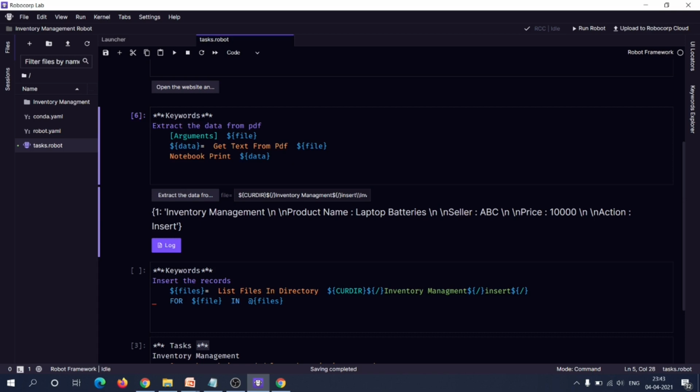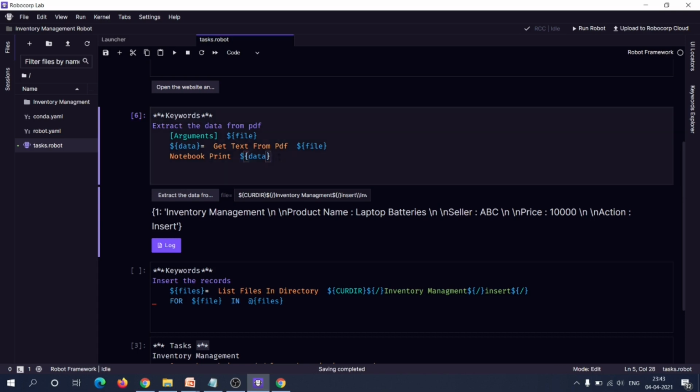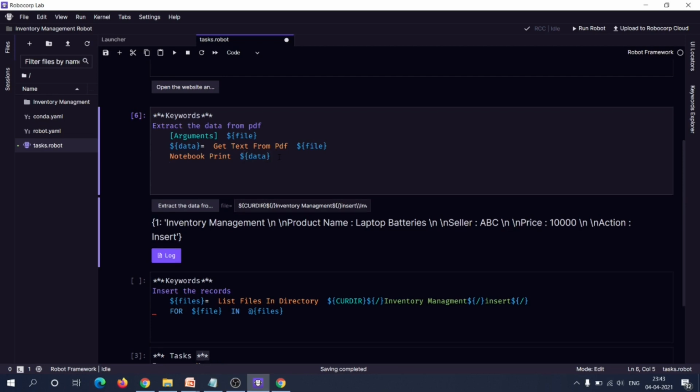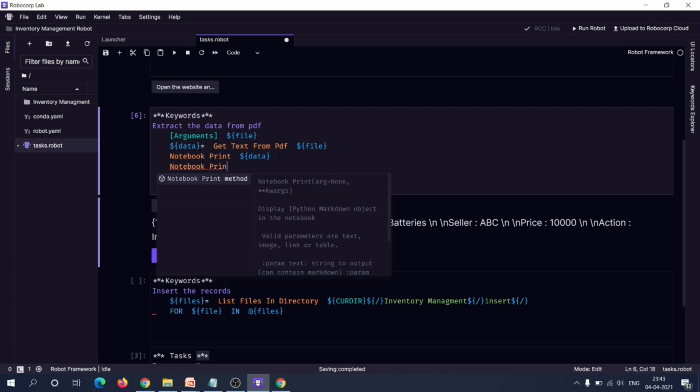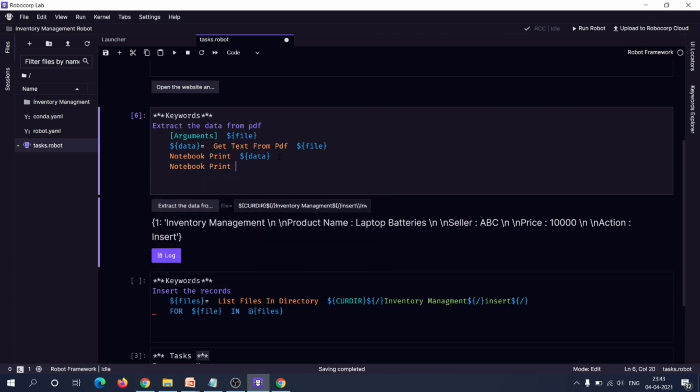Okay, so now if you want to extract the value from that dictionary based on the key value, you can just use this format. If I need to display that value also here, you can use notebook.print to get the value based on the key name. Our key is actually 1 here. So if you provide it like this and execute it again,